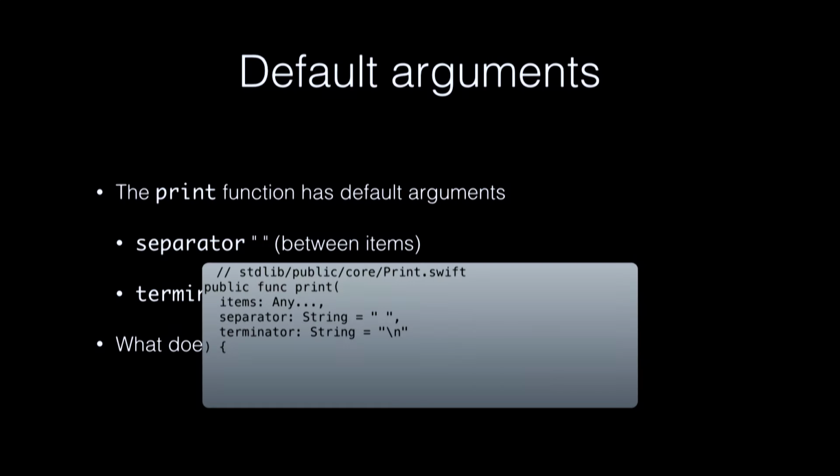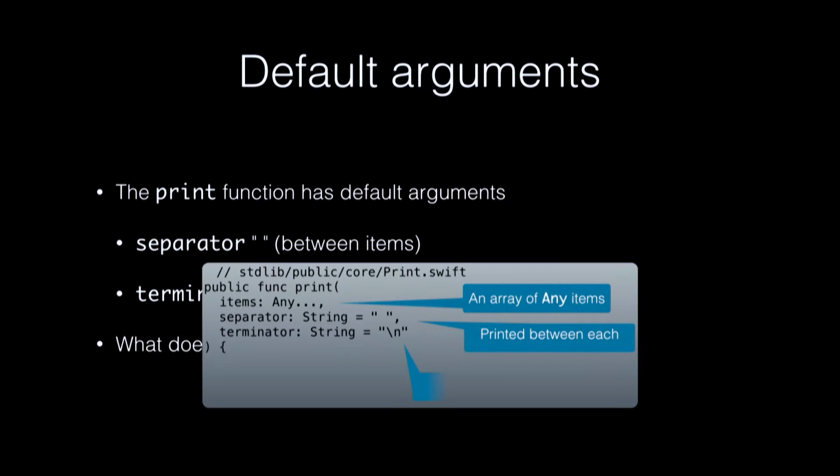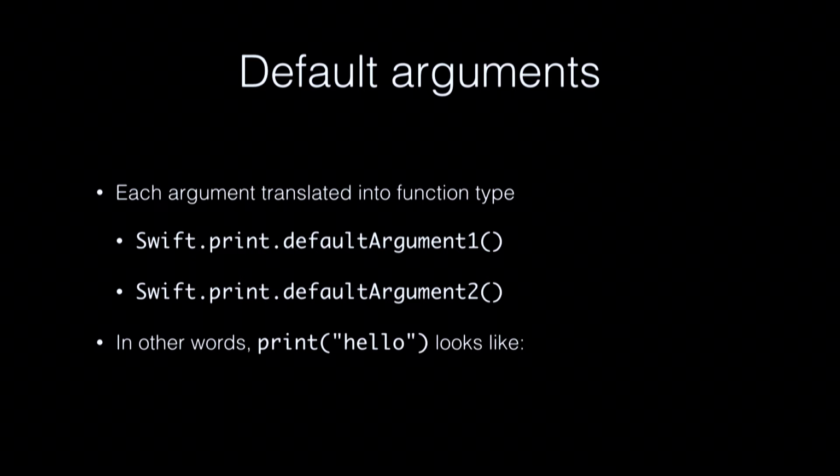And the way those default values are presented is by another function. So when you call Swift print, you get this function here. This is the signature of the Swift function itself. There will be a function to get the default value of argument 1 and the default value of argument 2. So when you call a Swift function, you'll see a couple of additional functions being called prior to your Swift call, and they're essentially evaluating what those default arguments happen to be. So we've got Swift print default argument 1 and Swift print default argument 2, which get